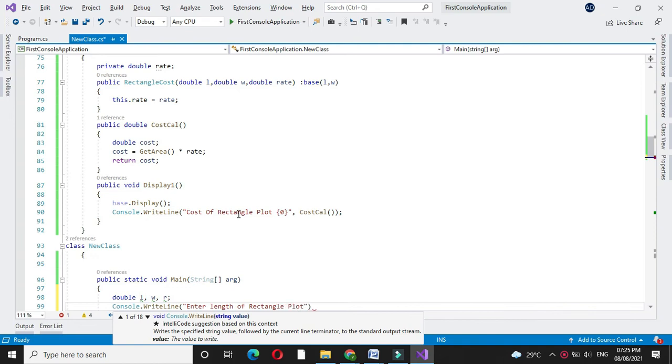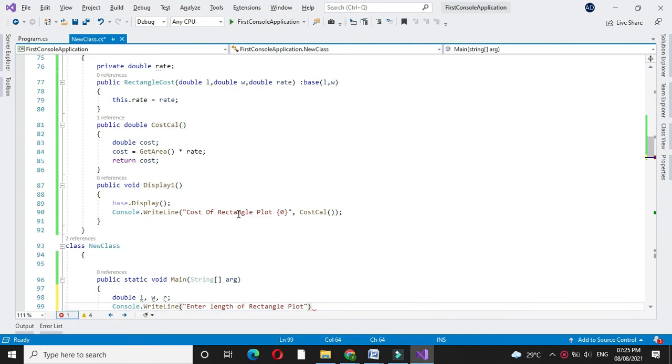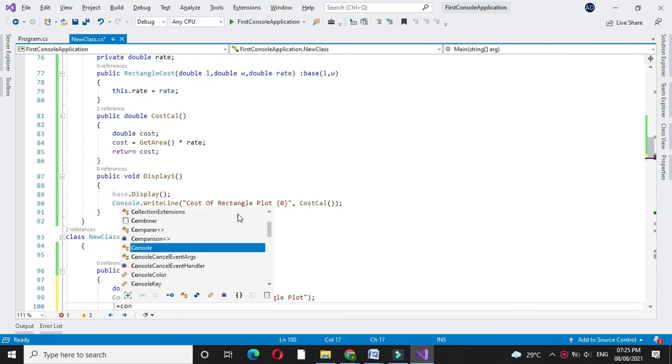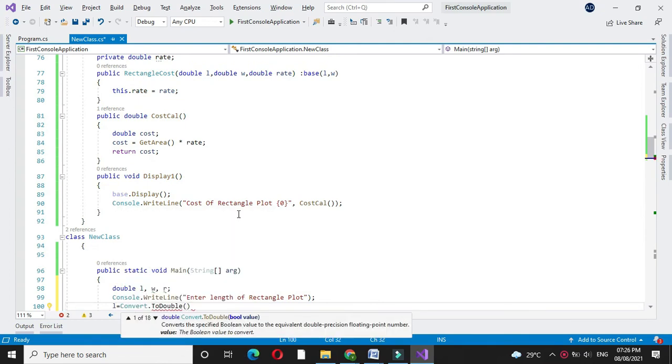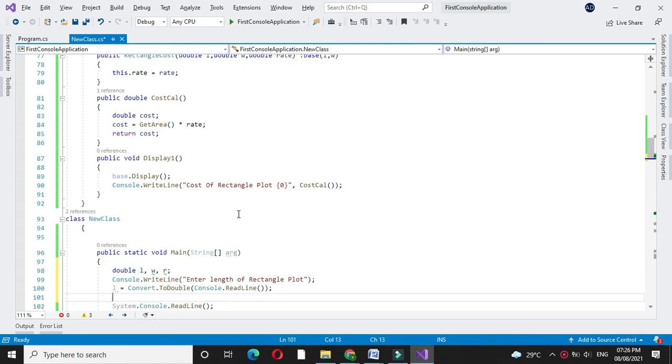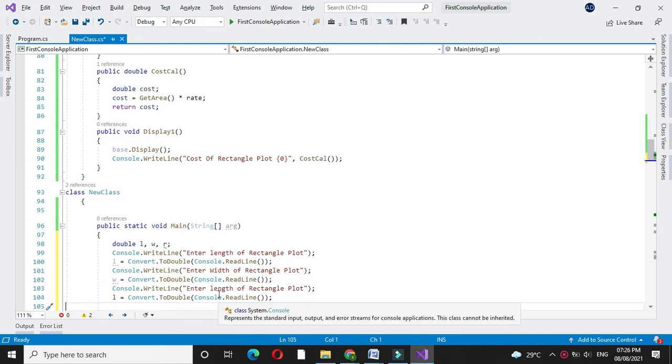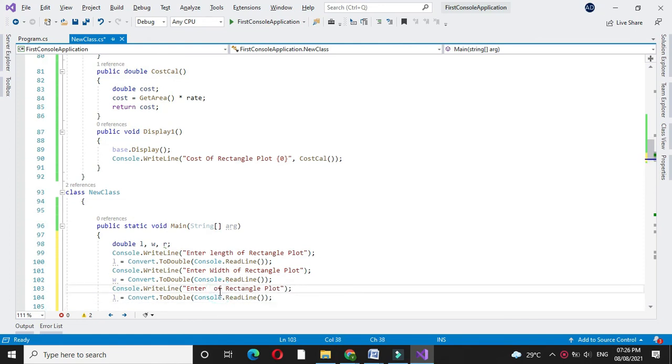In L we will accept it by converting it to double console.readline. Then we will accept width of a rectangle plot in W, and we will accept rate of a rectangle plot in R.